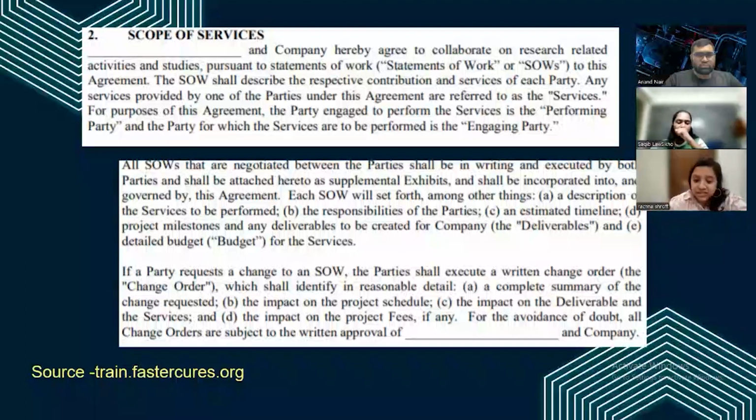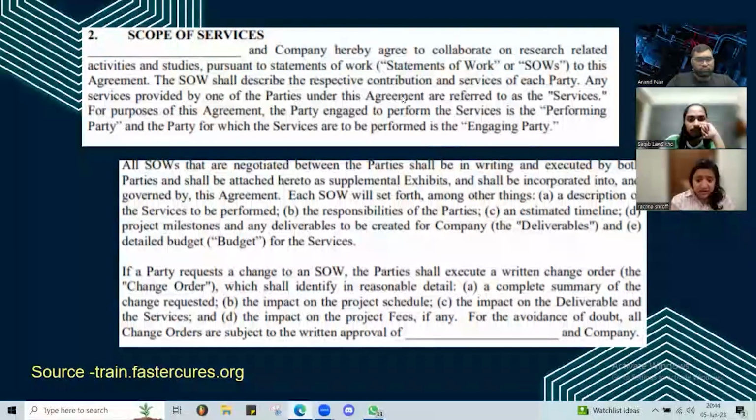If a party requests a change for an SOW, they are doing it by way of a change order. You can do it by way of an additional addendum or by way of another exhibit. That is also fine. The change order is not always that. It is the mandate to make a change. You can do it by that, and you can clearly define what the changes are occurring, from which clause to which clause. It says, which shall identify in reasonable detail a complete summary of whatever the changes,